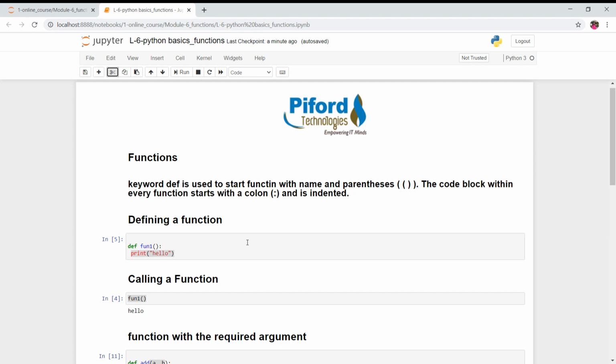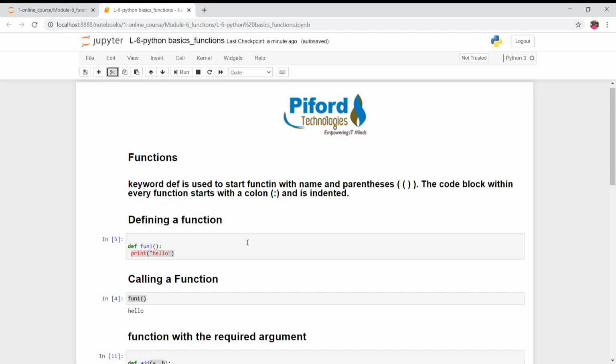Today I'll show you what functions are and how to use them. So, what are functions? A function simply means you have written your code once, and later on, whenever you need that particular code, you can directly call that function just with the name of the function. There is no need to write the code again and again. You can reuse the code whenever you want, just by calling the function name. No need to write the whole code again and again.